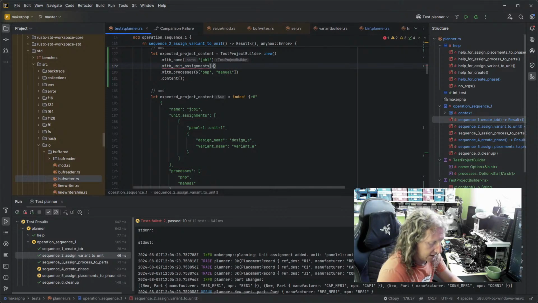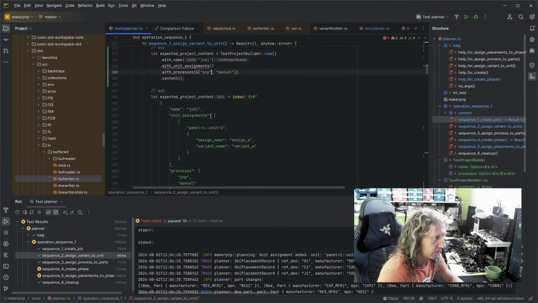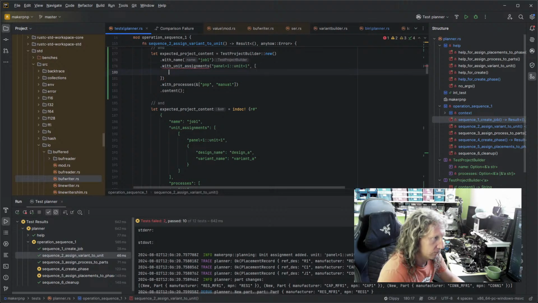Let's say key. Well, we will do that in a moment. Sort of want a